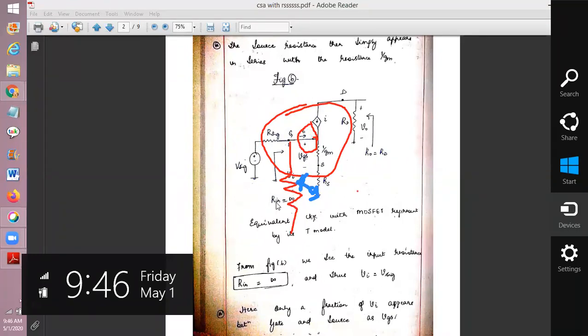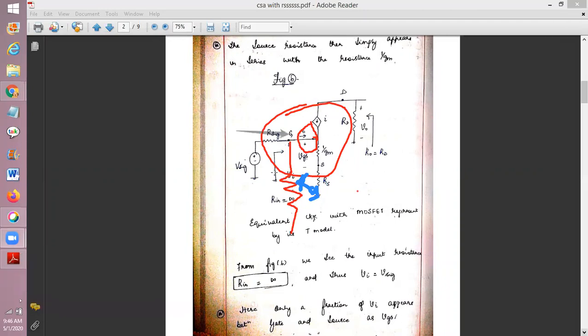If you stand and view the circuit to find the input impedance, where do you have to view the circuit? After V signal and R signal. If you stand and view the circuitry here, the first resistance you can find is RG. This RG is a very, very high value, or ideally RG is equal to infinity. Your Rin will be equal to RG. Very, very important: Rin equal to RG. RG is equal to infinity ideally, and practically it will be a high value.